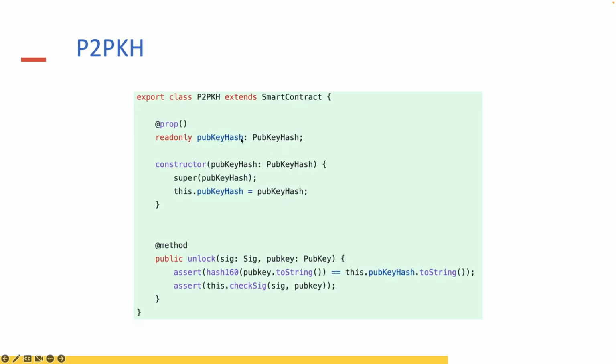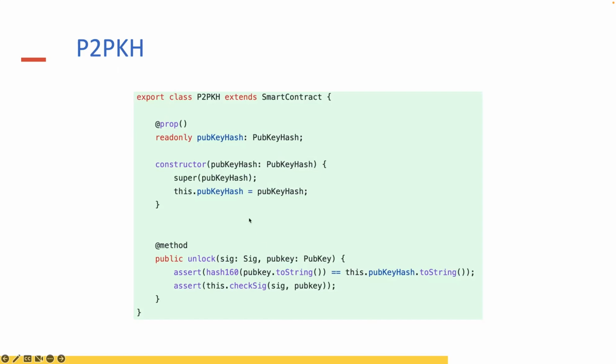This is a property called public hash. Make sure the public key actually hashes to the address. And second is verifying the signature by calling checkSig. So this is how you write the most popular smart contract used today, pay to public hash,